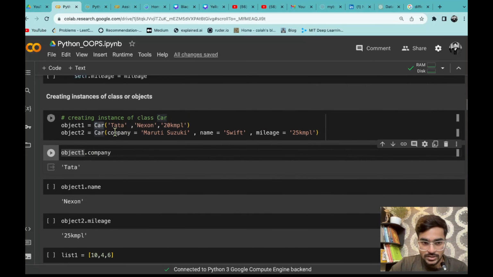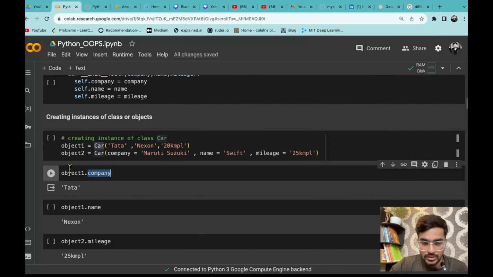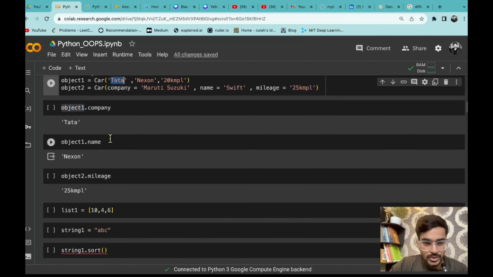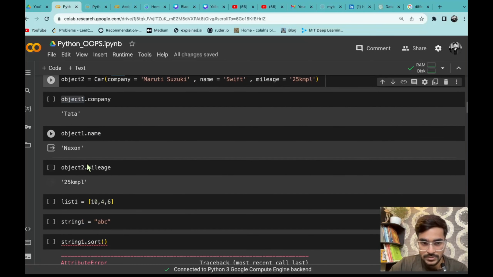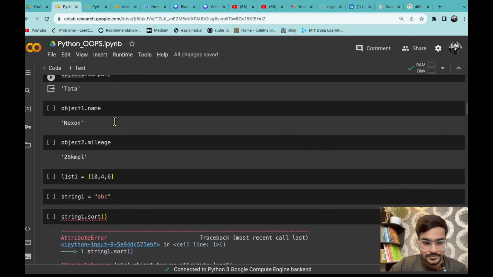Then you can get the attribute values using the dot and the attribute name. For example, object 1 dot company means you want the value of the company attribute in object 1. Object 1 is of the car class having this value, so it will return the company name, that is Tata. Similarly, you can try out object 1, object 2 and the different attributes that you have defined.